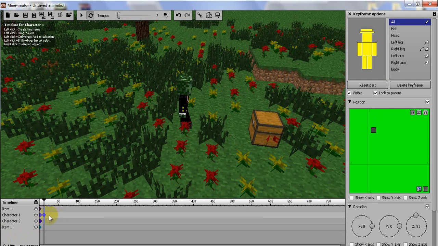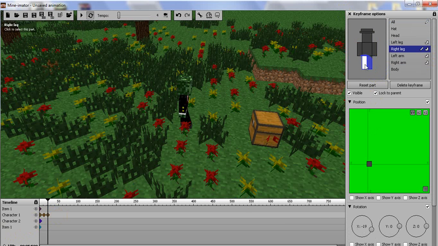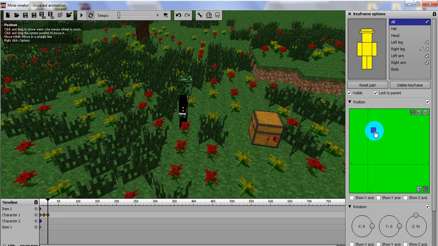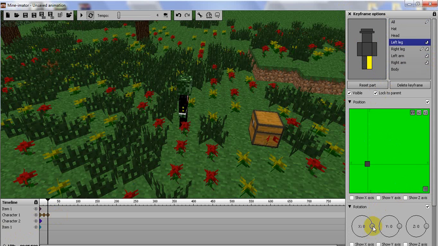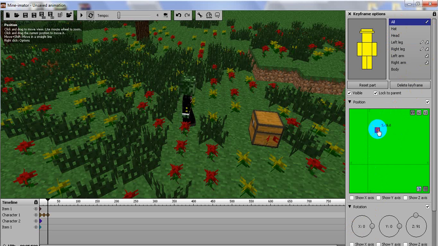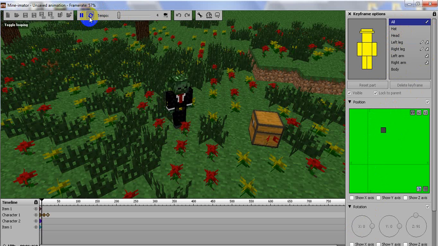So, and now you're gonna place another for the character 1, and you will get his same leg, put it back to 0 or 1, anything closest, and then you're gonna get his other leg and bring that back. You're gonna bring that up and move him slightly forward. When you do that, make sure you actually click all, because you saw then I accidentally moved his stuff. So he does do the moonwalk in slow motion,